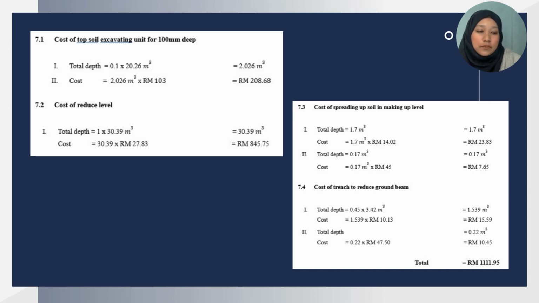Cost of reduced level is 845.75. So next is cost of spreading up soil in making up level. The cost is 23.83, and the other cost is 7 ringgit 65 cents. Next is cost of trench to reduce ground beam. The cost is 15 ringgit 59 cents and 10 ringgit 45 cents. And the total is